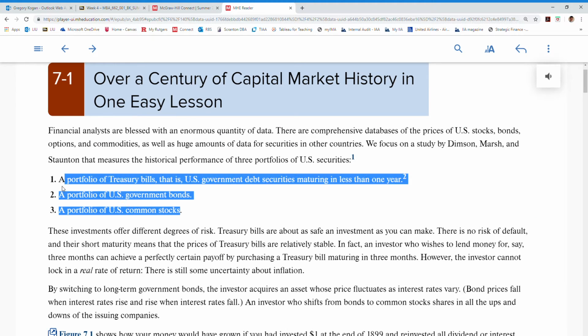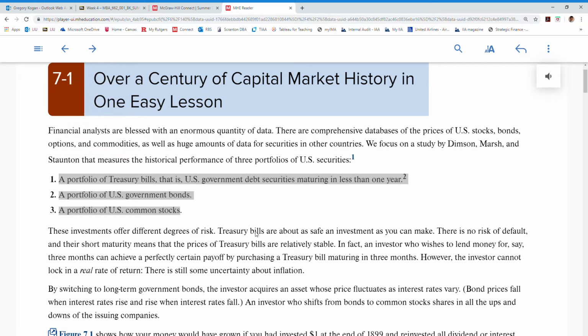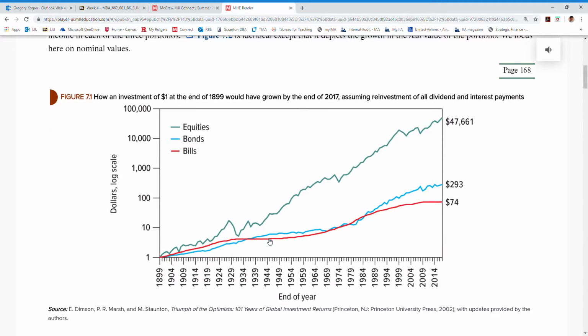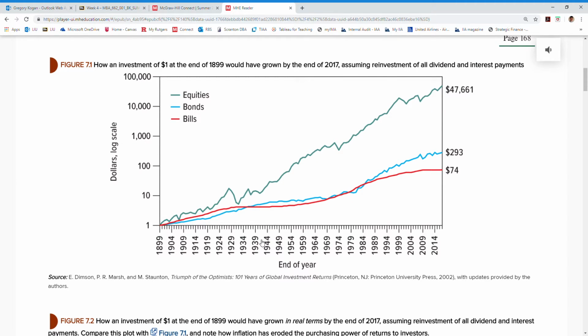And we're going to compare the returns on these three various asset classes to see essentially what was the return, what was the risk historically between these three. So as we look down here in this chart, a dollar invested at the end of 1899 would have grown by the end of 2017, assuming reinvestment of all dividend interest payments. So basically this is showing us the growth of $1